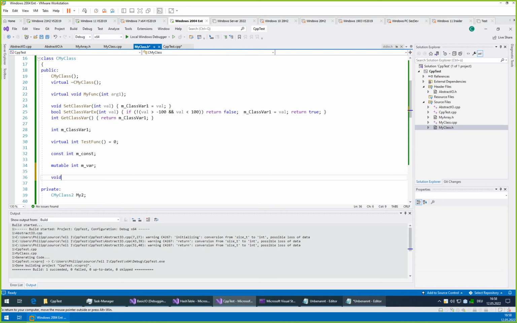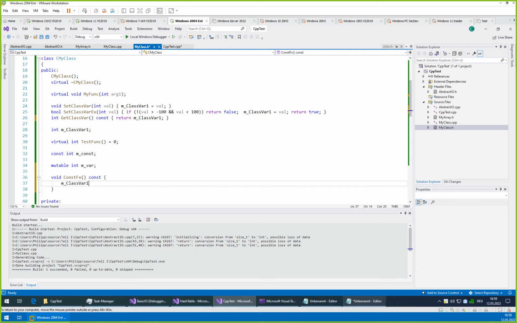So let's say void. For example, our get function here is already a perfect example. Since it doesn't change anything about the content of our class, it could be a const function. And the main constraint with such a function is that if we make another one, let's call it void const function, it is not able to change variables.